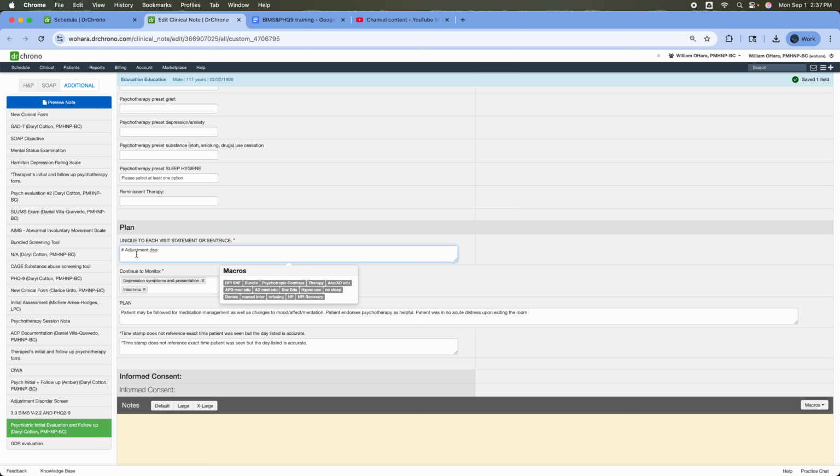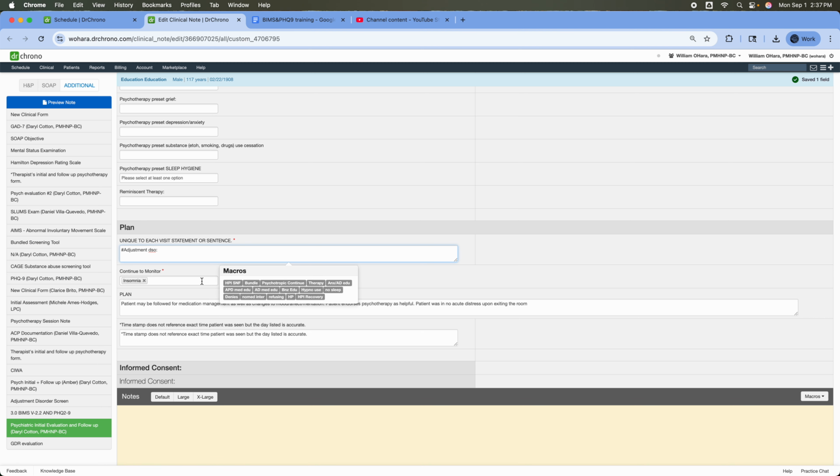So if you do not have basically a psychosis, dementia, or, I'm sorry, you can't use dementia. If you have a depression, anxiety, or psychosis diagnosis, then we use adjustment disorder. This will also spill over into the billing section when we create a separate video on that. Adjustment disorder is also the billing code and the billing diagnosis that we'll use, so you can still get paid for your visit. And again, for continuing to monitor